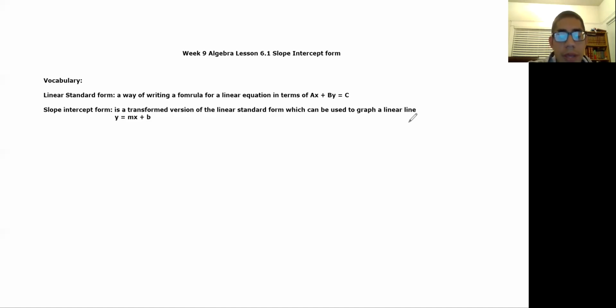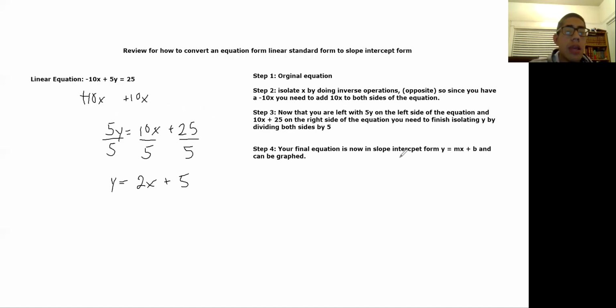Slope-intercept form is important because we use it whenever we're graphing, and whenever we're trying to determine the equation of a line using only 2 points, which are 2 skills that you're going to have to show for this week. Okay, so here, in case you guys forgot, I'm going to go over quickly a review for how